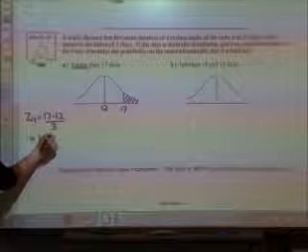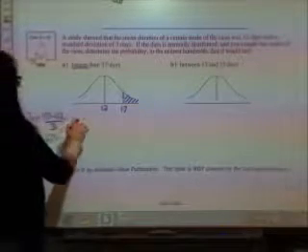I can go 2 decimal places, right? 1 point. So this would be 1.67. So if I want to find the area